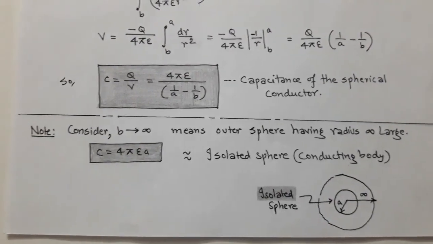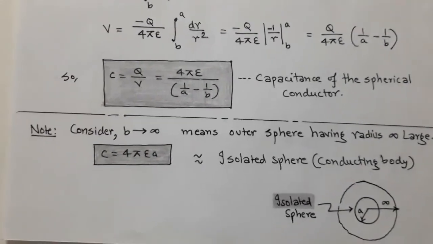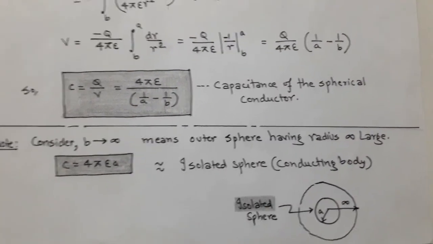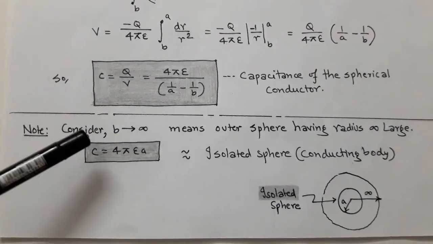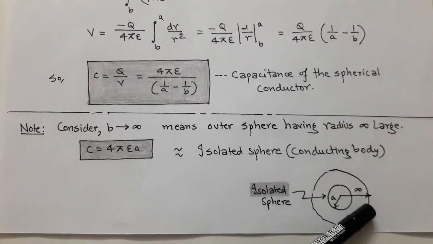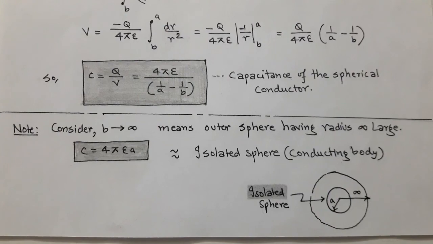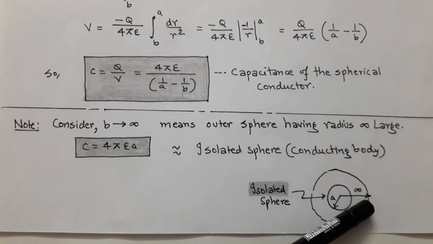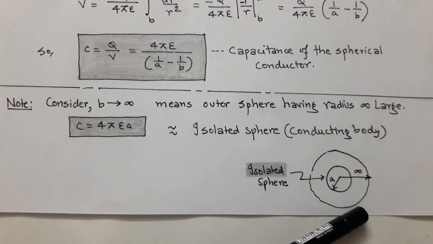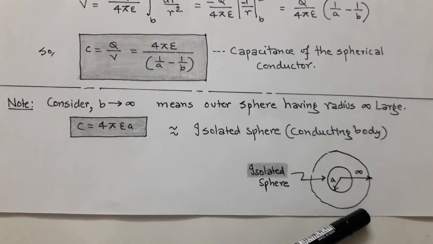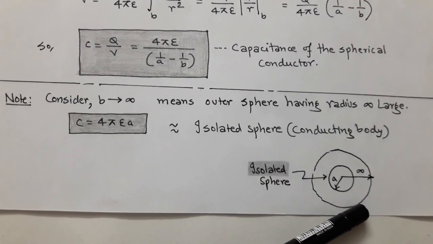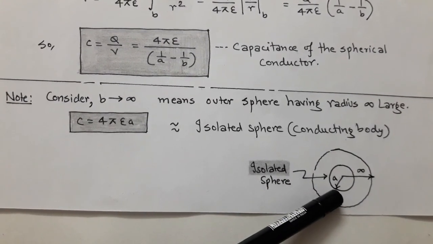So this is the capacitance of the spherical capacitor. Now there is a case when we consider b tends to infinity. B tends to infinity means the outer conductor has a radius of infinity. When the outer radius is infinity, we can say that the outer sphere is of infinite dimensions. So from the assumption, the outer sphere having infinite radius, we can say that